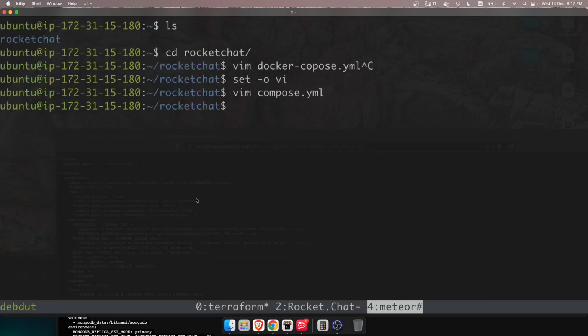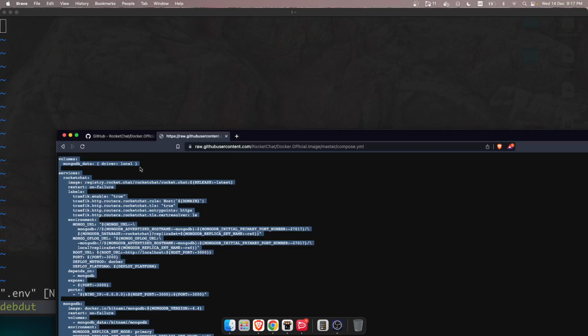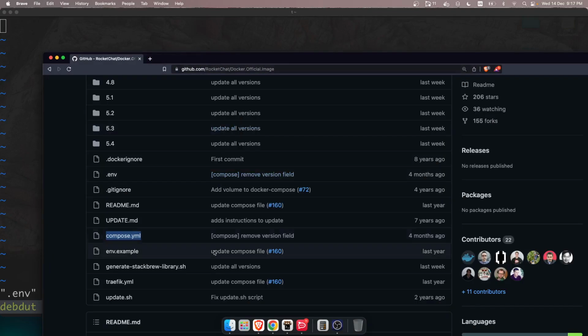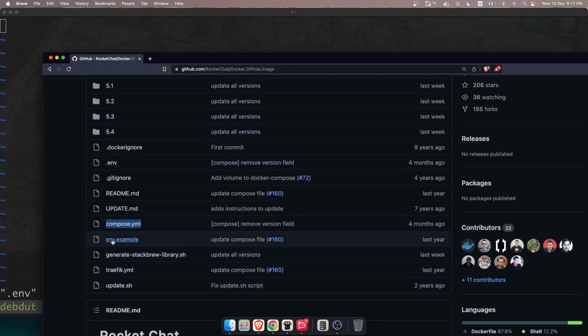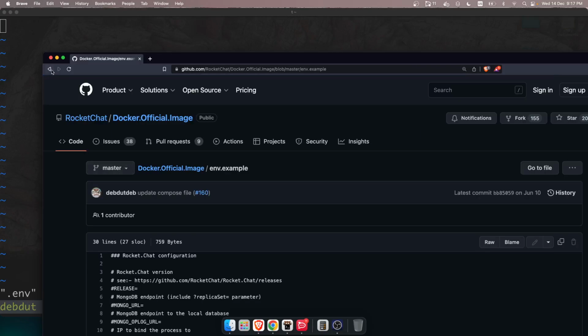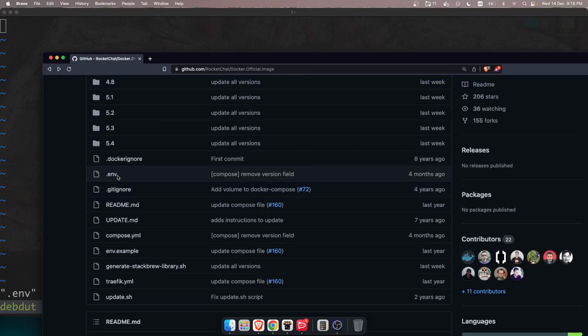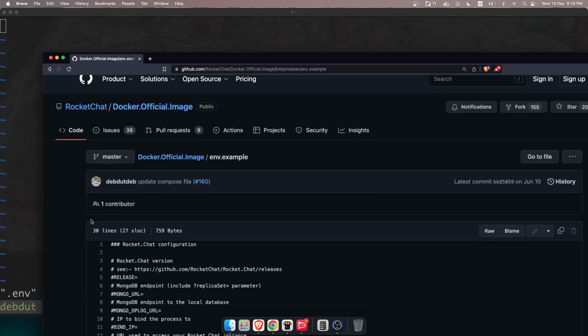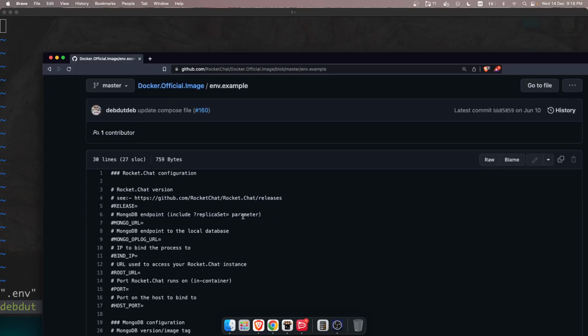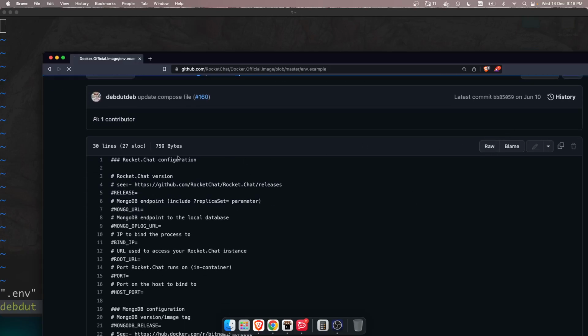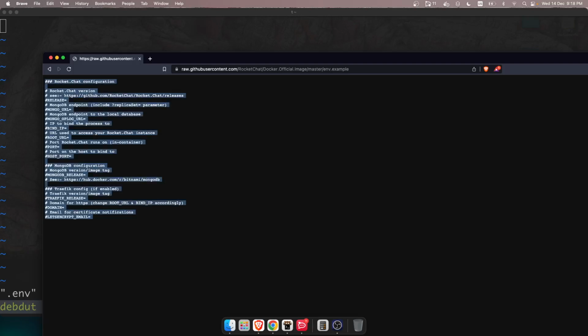So once you do that, create another file, .env, open it up. Go back to the repository. You'll see an env.example. So there is this file as well, which I actually need to delete. Yeah, I need to delete this file, but go back to the env.example file. Do the same thing, just copy the whole thing